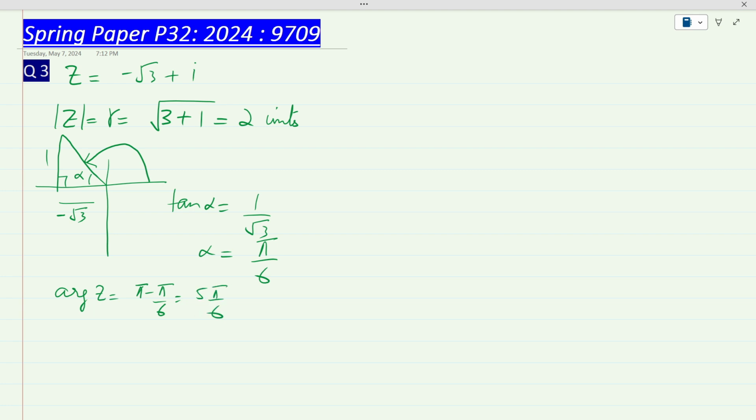Now we have the argument as well as the length. So the complex number z equals minus root 3 plus i in polar form, or in exponential form. We are writing in exponential form as it is required. It is r e to the i theta. R is 2, so it means e to the i 5 pi over 6. So this is our required complex number. This is our given complex number in polar form. Now our required complex number is